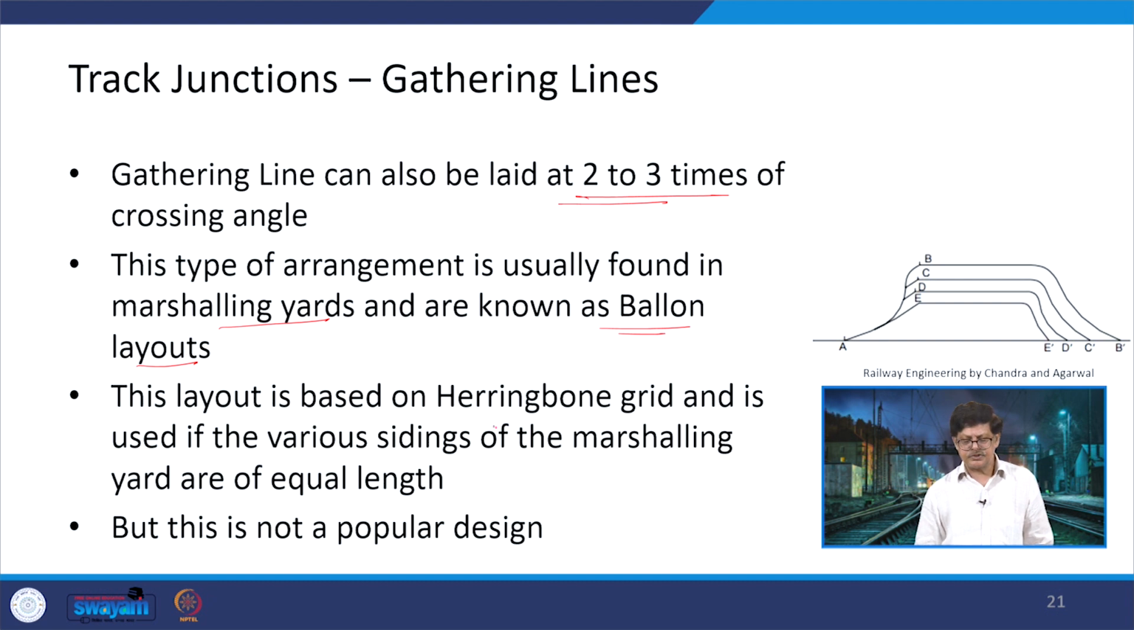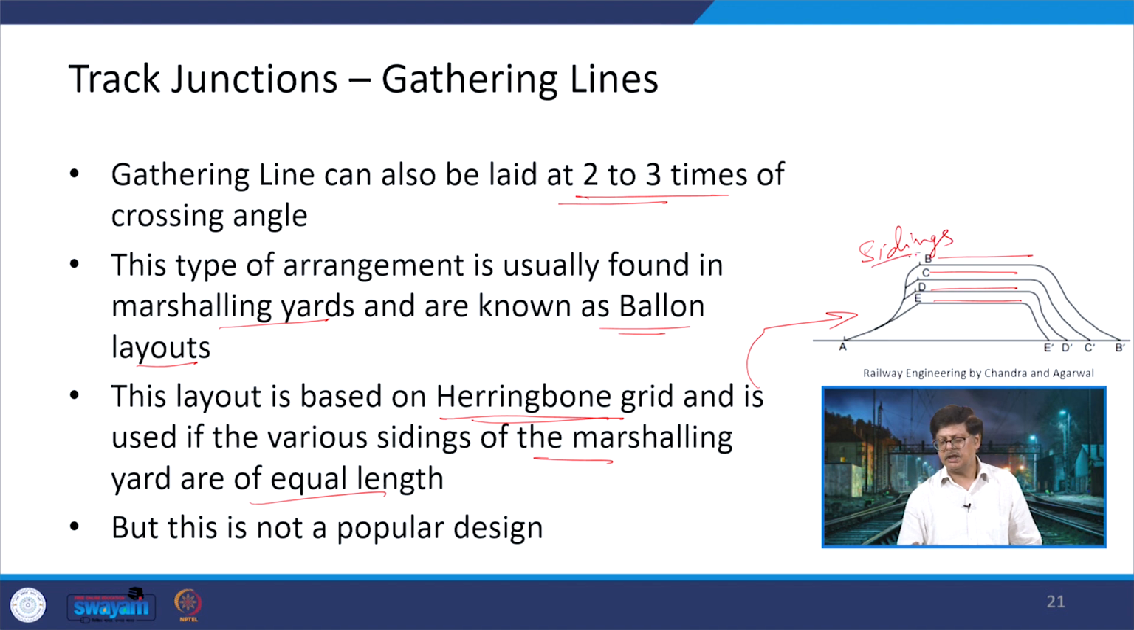Now, this layout is based on herringbone grid and it is used if the various sidings of the marshalling yards are of equal length. So, one of these is being shown here. Here all these lengths are of more or less the same length. So, these tracks which are parallel here are in the marshalling yard and these are defined as sidings,